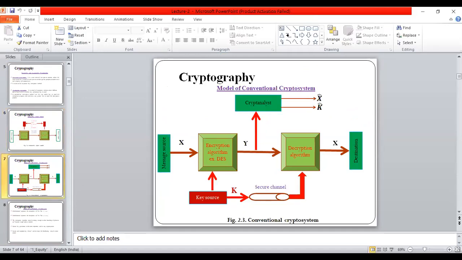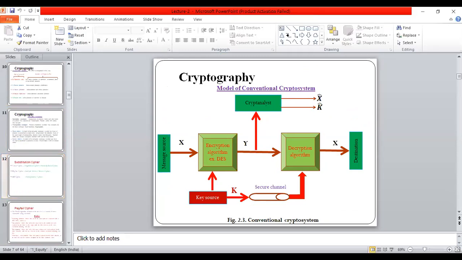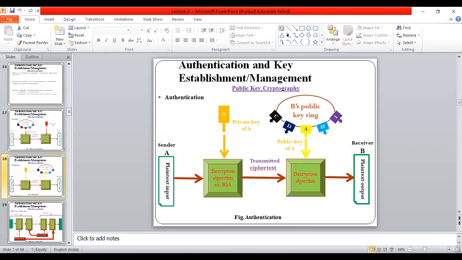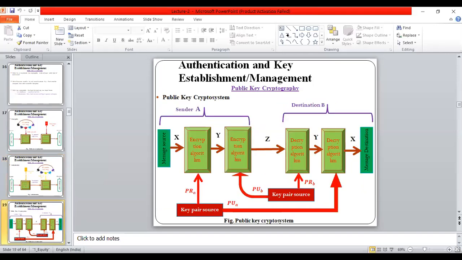जैसे कि यहाँ अब इसमें प्रॉब्लम बस ये होता है सिमेट्रिक में या प्राइवेट में कि आपको की भी किसी सिक्योर चैनल के थ्रू ट्रांसमिट करना पड़ता है, क्योंकि आप सेम की यूज कर रहे हैं। बट पब्लिक सिस्टम में क्या होता है, हम पढ़ेंगे इसको, ये आगे का स्लाइड्स है, मैं आपको पहले ही बता रहा हूँ। पब्लिक की में पेयर होते हैं, एक पब्लिक की और प्राइवेट की। तो आप सेपरेट कीज यूज करते हो, समथिंग लाइक दिस। ये सब हम देखेंगे, ये पढ़ना है, ठीक है। दिस इज प्राइवेट की, दिस इज पब्लिक की।